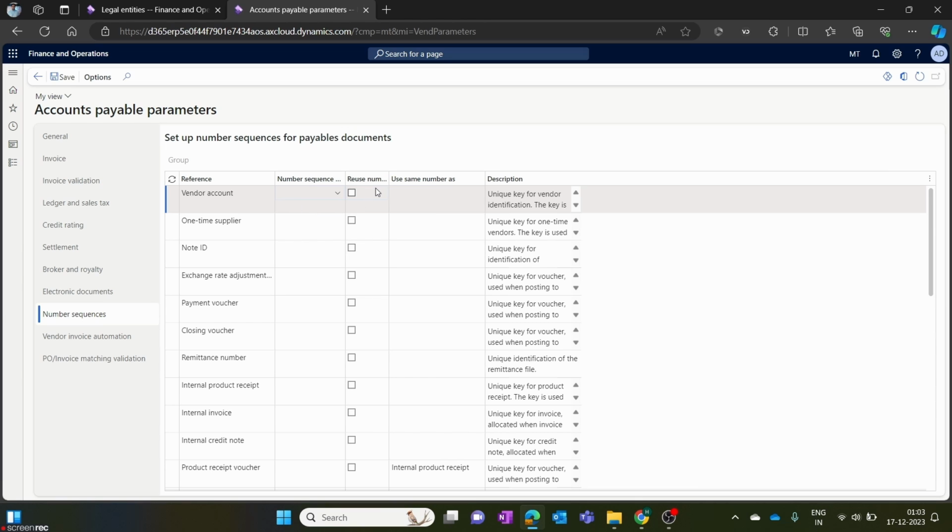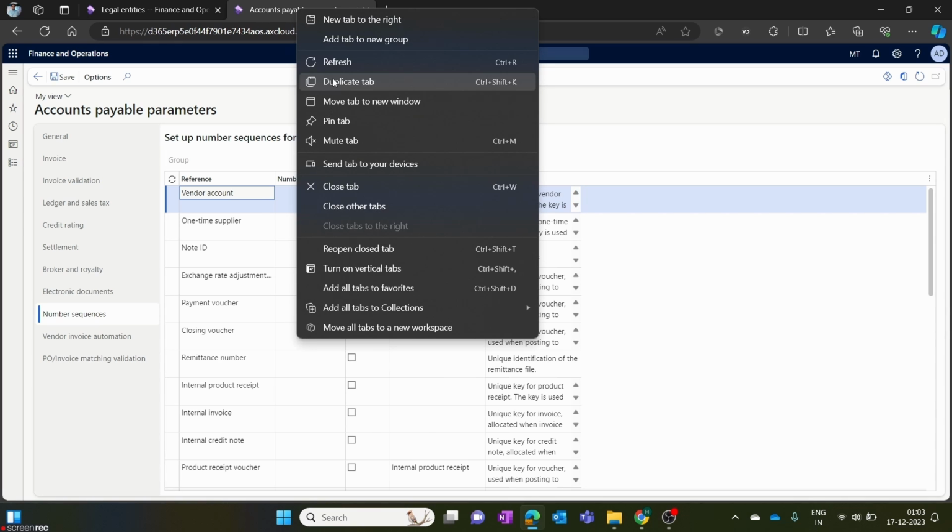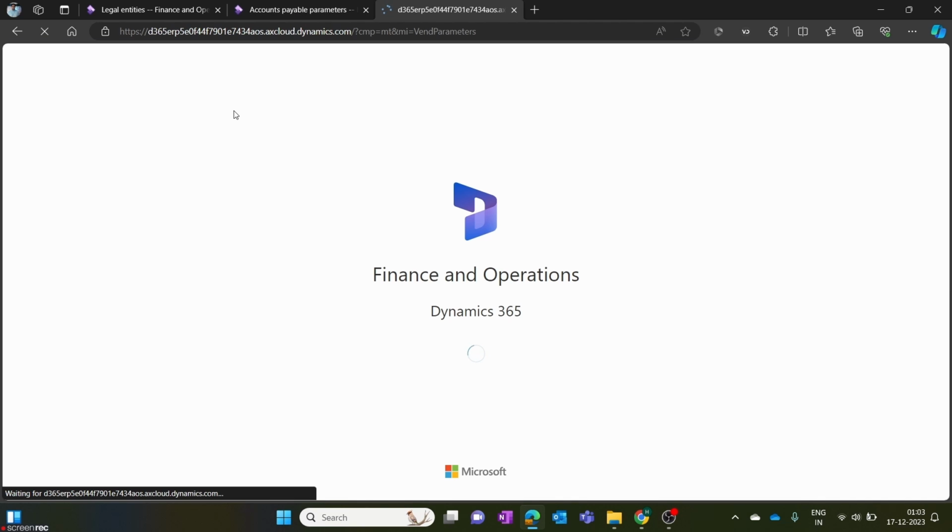So here we tag the number format. In the drop down we select the number sequence, or we create a number sequence. We can also create a manual number sequence and assign it for all the references. Similarly, we have references for the sales side also. I'll again duplicate this tab and show you the references for the